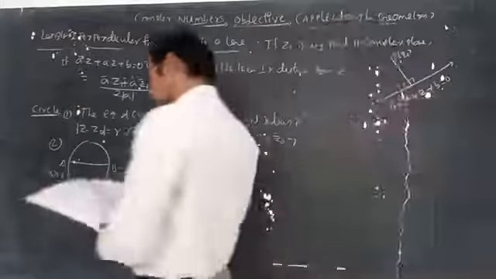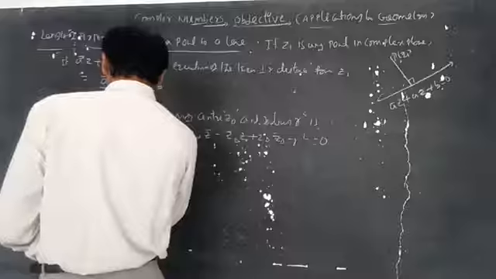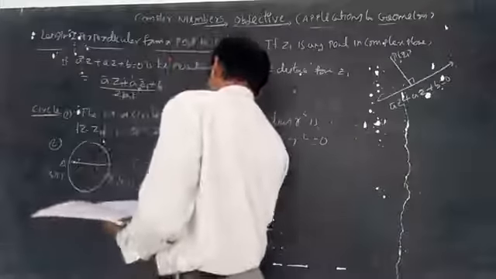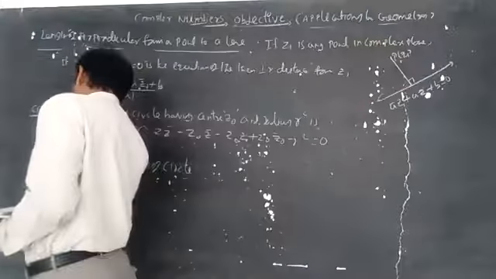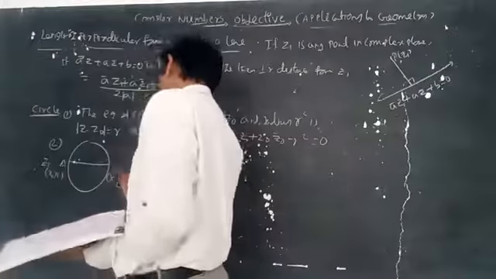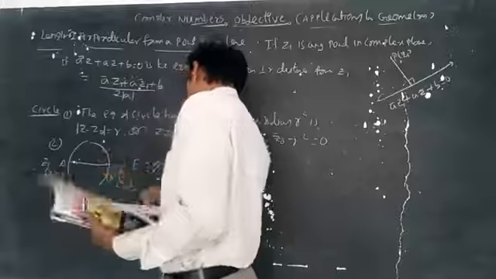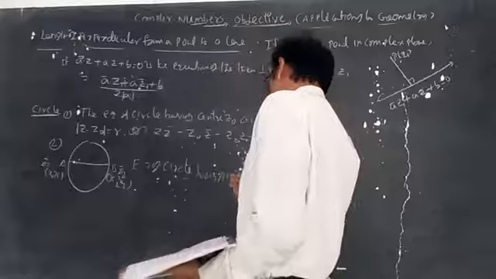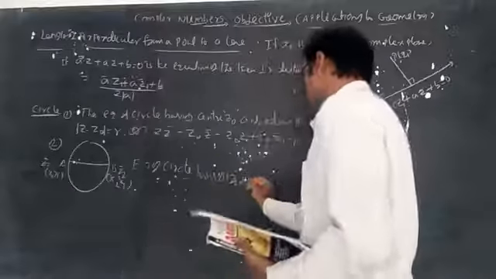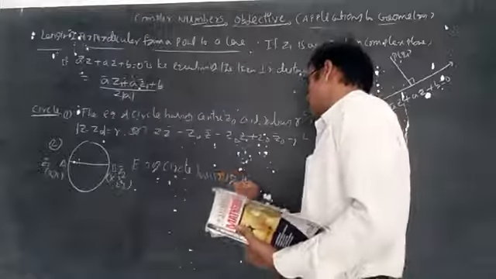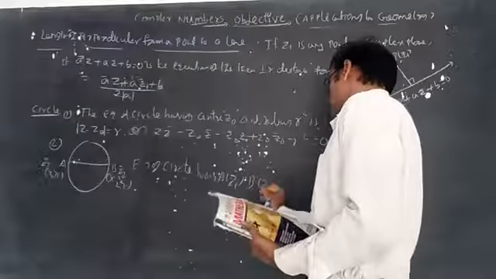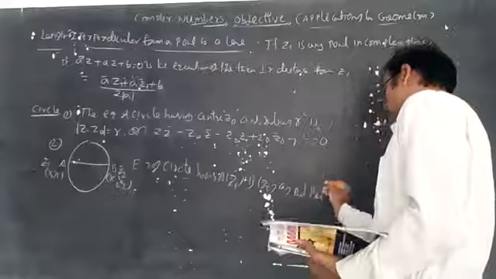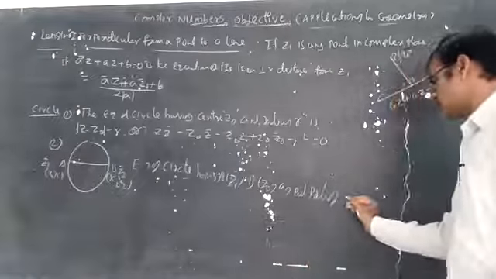In a similar way you can write the equation of the circle here, where z1 means x1 plus iy1 and z2 means x2 plus iy2. The equation of a circle having a z1, b z2 as endpoints or extremities of diameter